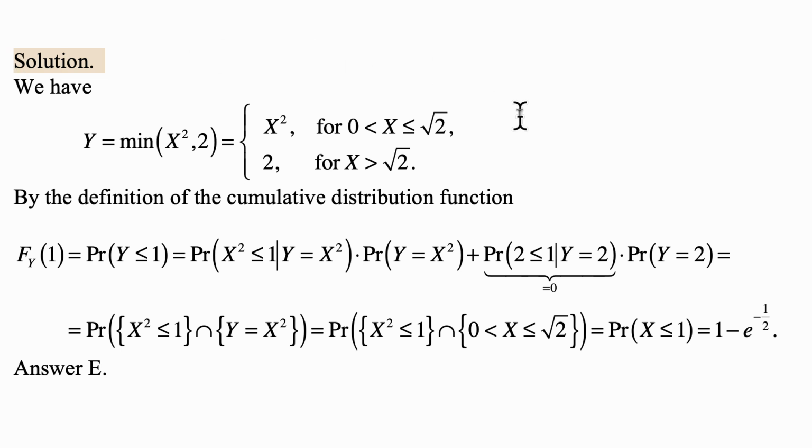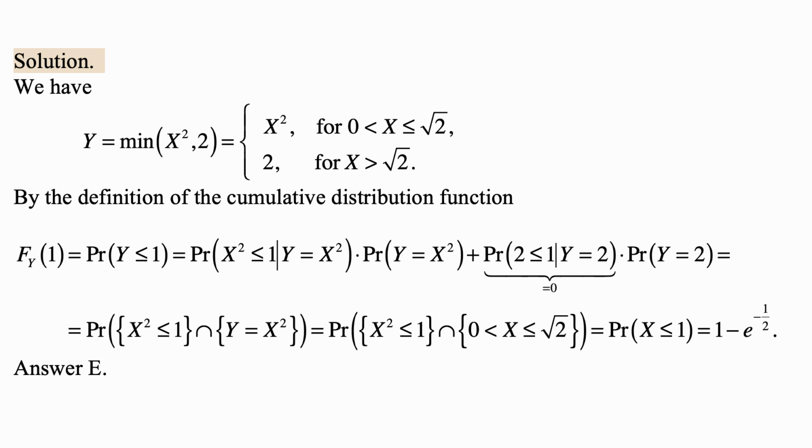And here's the solution. So we have Y equal to the minimum of X squared and 2. That means that Y is equal to X squared for X between 0 and less than or equal to square root of 2, and 2 for X greater than square root of 2. And now we use the definition of the cumulative distribution function and write F sub Y of 1 equals the probability that Y is less than or equal to 1,